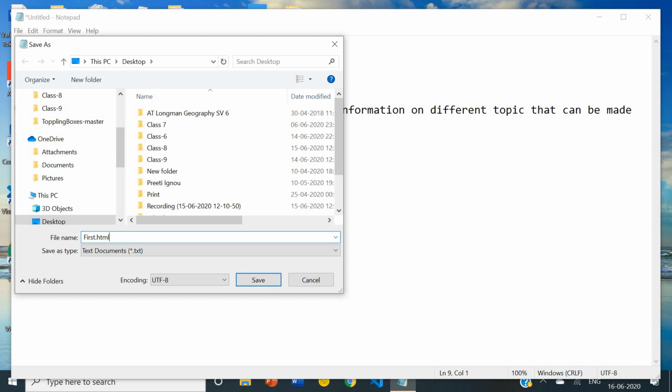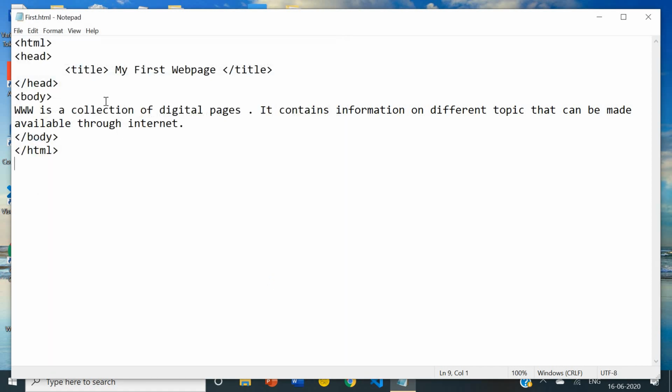This is mandatory, otherwise it will not show you the result on web browser. So I am going to save it. Now you can see this file is saved with extension .html. You can give any file name, but extension will be same .html.